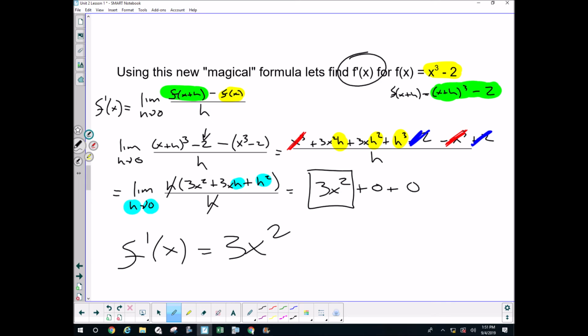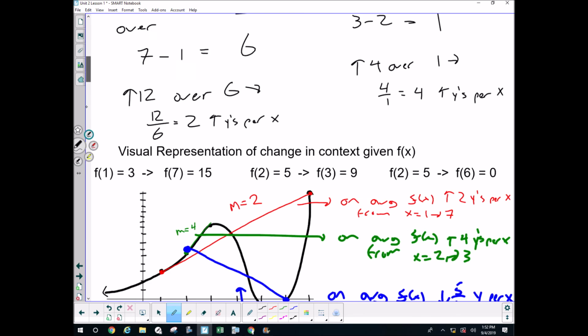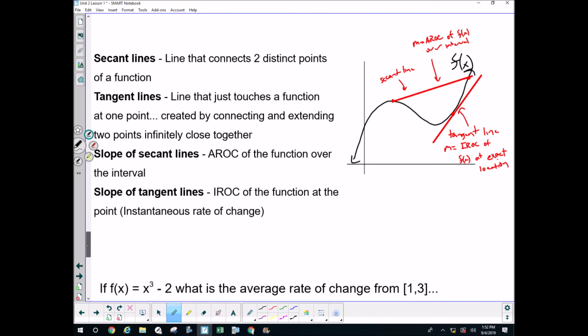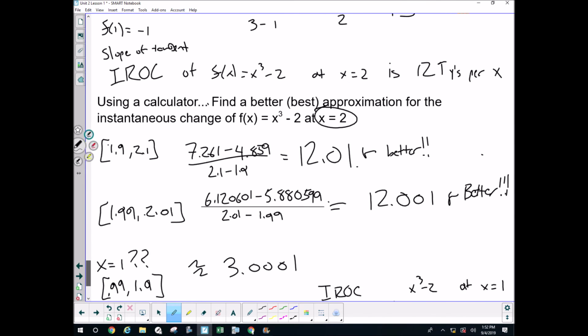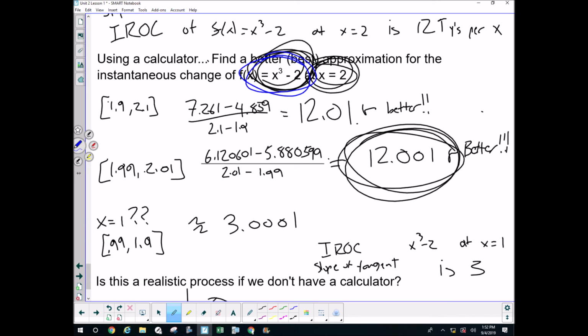Now, the beauty of what we just developed might not be apparent to you. But you told me from before that the slope of this at 2 was probably 12, right? By using your calculator. You told me that the slope of x cubed minus 2 at 1 is probably 3. You did that with a calculator. Well, my friends,